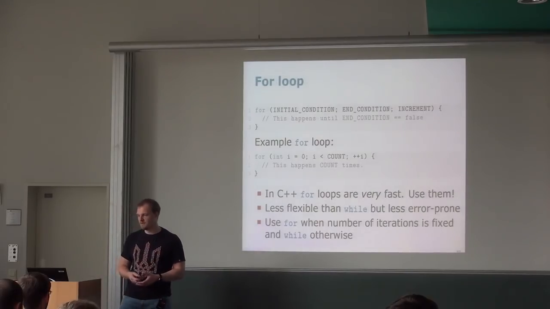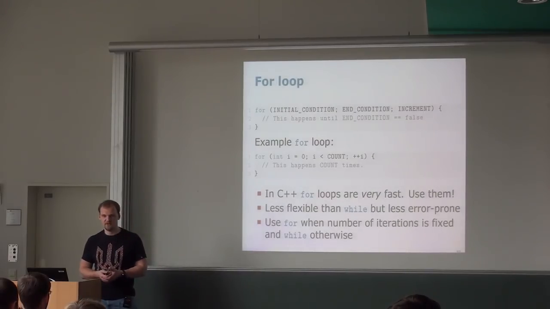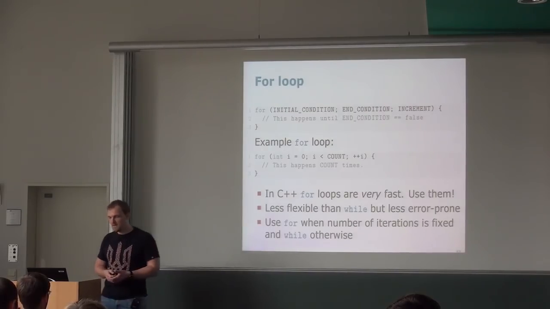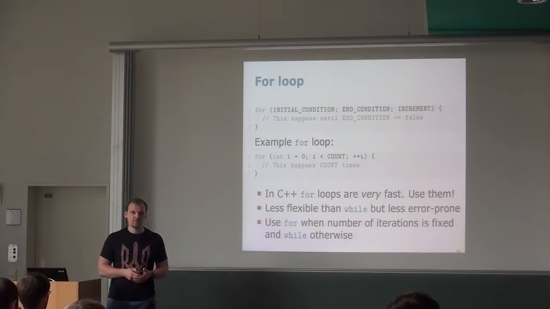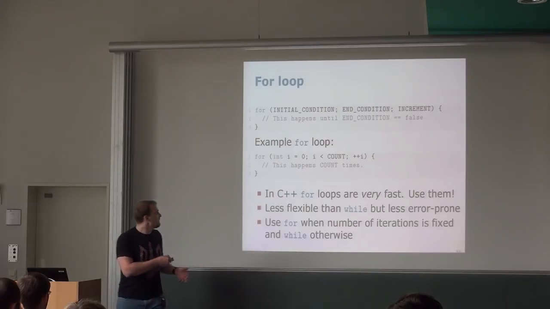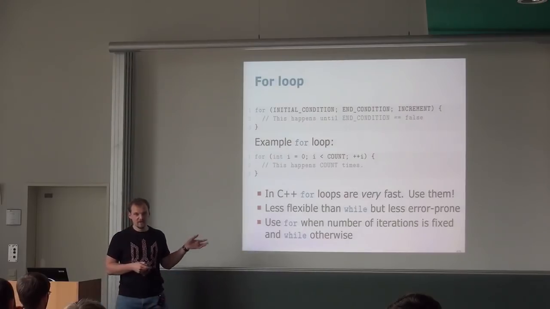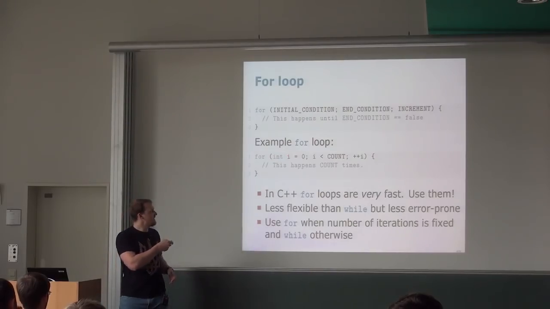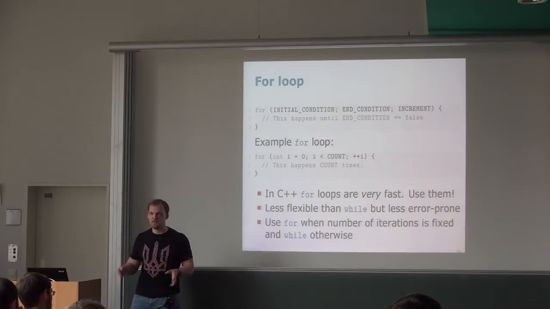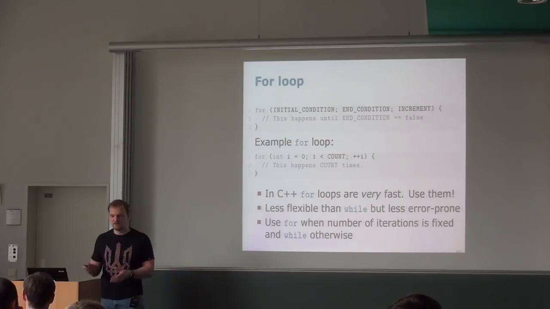It's all very similar because, of course, Java was inspired a lot by C and probably C++ too. So there is an initial condition, there is an end condition, and there is an increment. An initial condition is you set some variable to a value. You can also define variables there. So for instance, you can have an integer i, and this integer will live only within this scope. So it's going to be only available in the for loop and not outside.